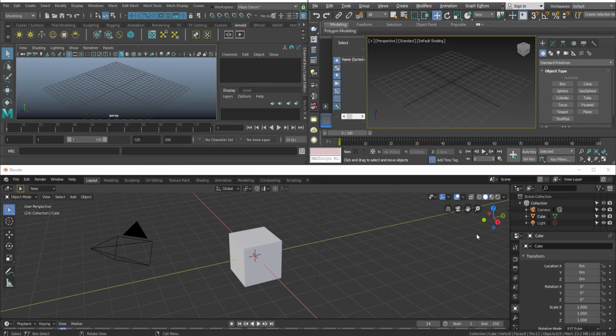Now, I have opened up 3 different windows. One is Maya on the top left, top right is 3ds Max, and Blender. I'm not going to make a comparison out of it, but I want to give you some of my points which I felt while I was learning Blender for the first time, which I felt if I had approached Blender like this, I could have learned Blender way more easily or way earlier than now.